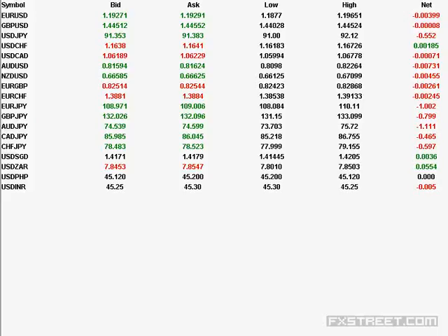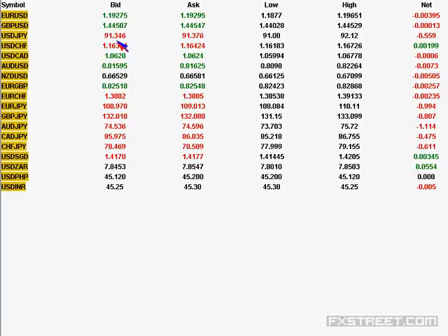But when we check GBP, it is still trading around 1.4451. The low is 1.4402. The high is 1.4452. And currently GBP is trading near the high 1.4452, and the net change is almost 0.0000. So only Euro has dropped considerably, and that has created the bearish feel in the market, whereas GBP has not corrected that much. But both are showing a nominal negative net change.